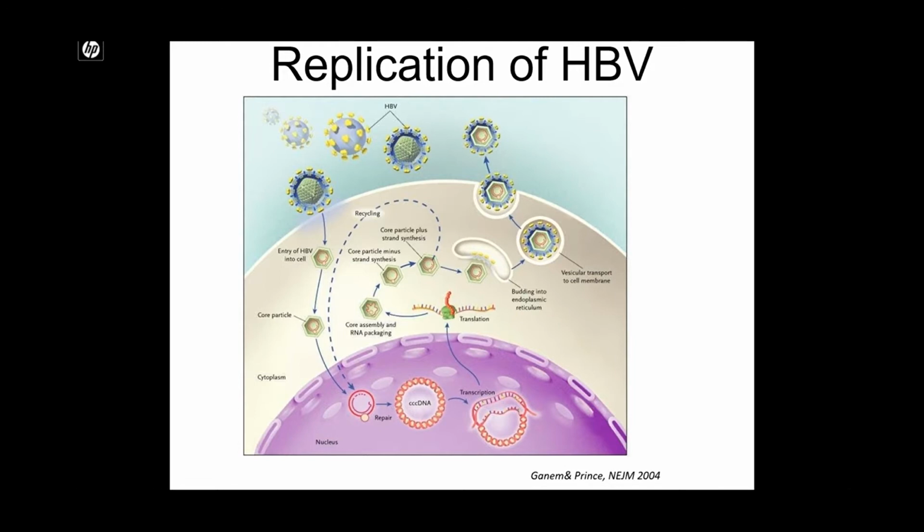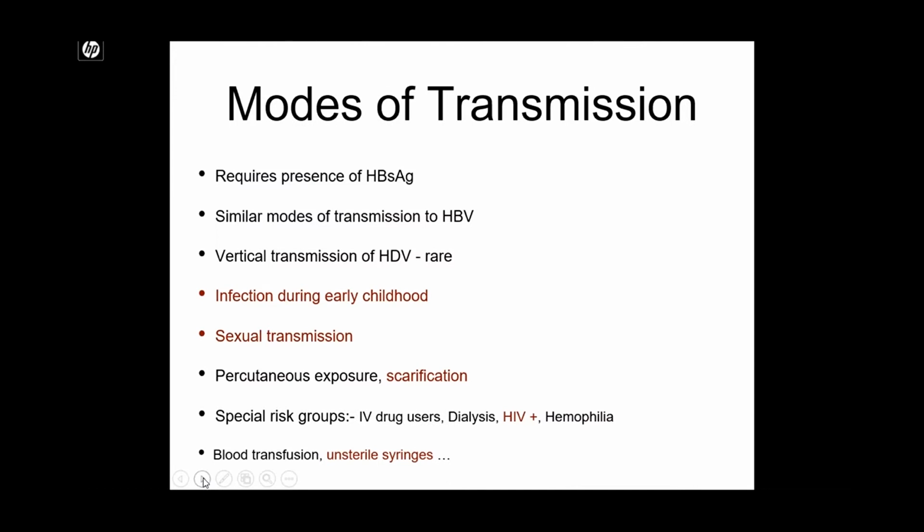So you can see they actually target the different sites for the hepatitis B virus treatment. And after we see this important life cycle and the virology and the history, it's important to see the mode of transmission of hepatitis delta virus. It's important to always remember that it requires the presence of hepatitis B surface antigen, but in the transmission,